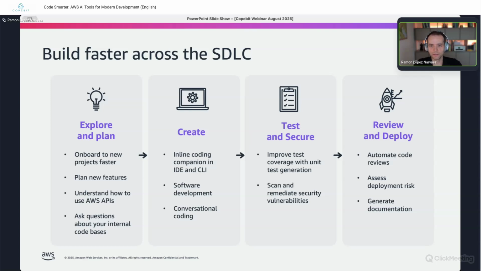It can also accelerate things, because maybe you don't want to wait for a second reviewer, or in that case, a third reviewer. And generating documentation is also a big thing. Q Developer can draw diagrams, it can write READMEs, it can write multiple pages of documentation. It can be very precise there.